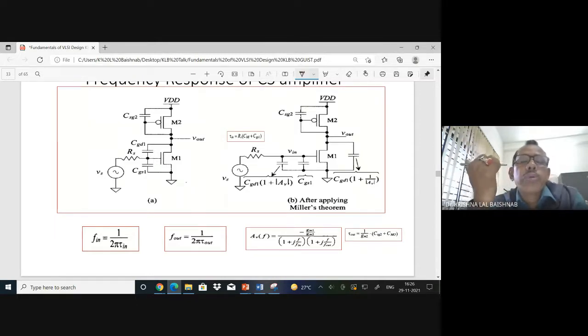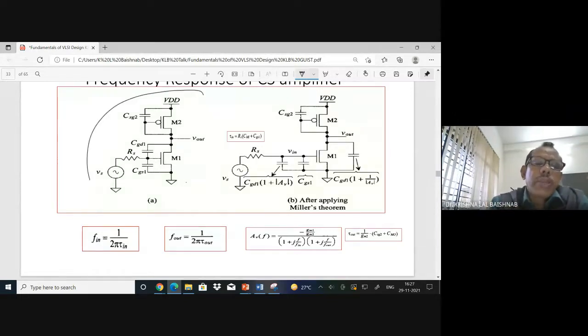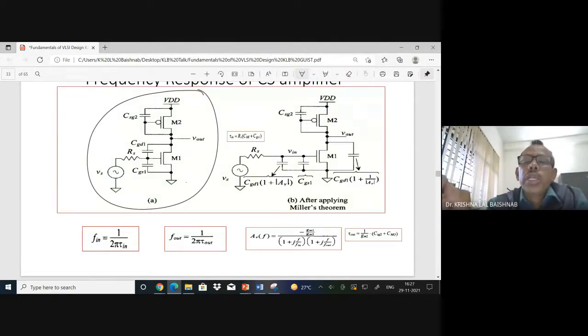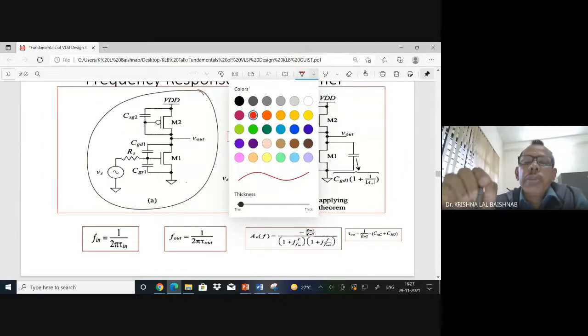How do you know at what frequency it is working? It's a very important question. I have designed an amplifier. I must know at what frequency it is working. If I do not know, I am a layman. Then I become